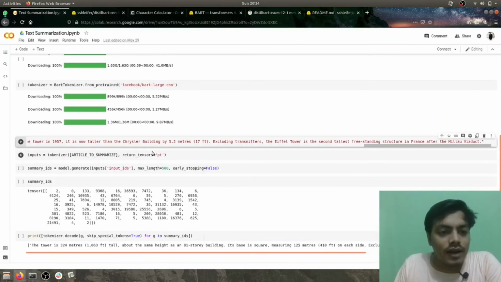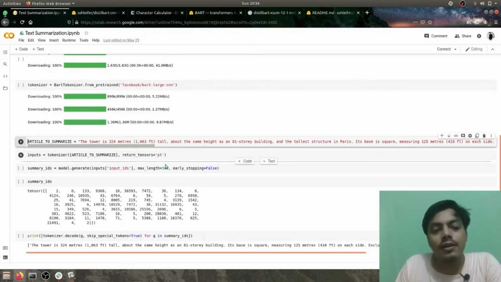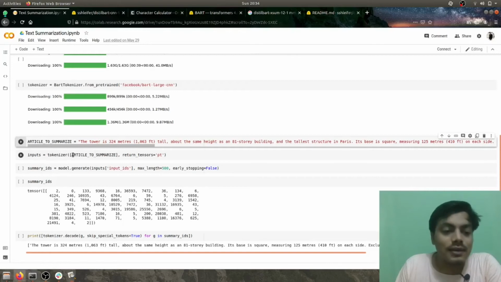Then what I've done is we need to convert the article into tokens, right? We need to create good embeddings of it. So I'm using the tokenizer here. I'm tokenizing it in the first step, and I'm returning the PyTorch tensors of it. So this will be my tokenized input of this text.